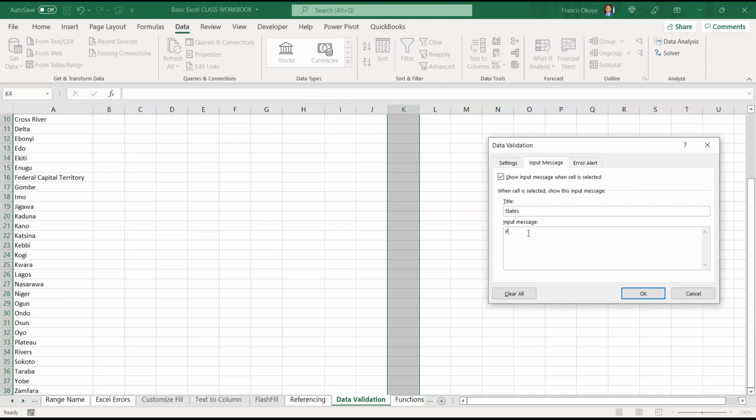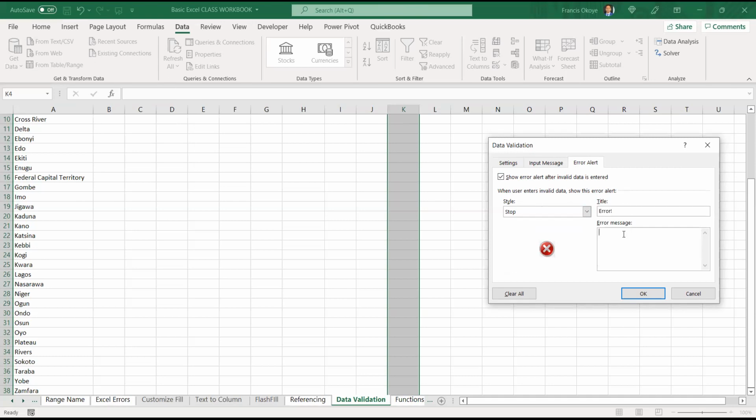I can put an instruction: Please select the state from the list below. Then in case there's an error there, should you stop or should they continue? Just stop.